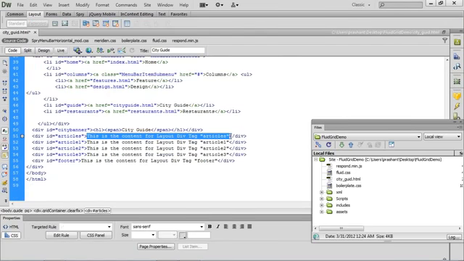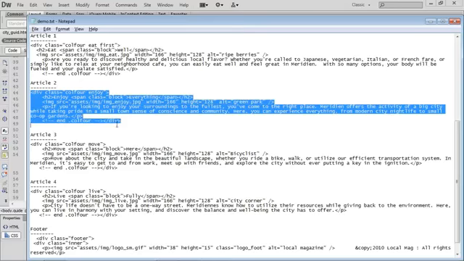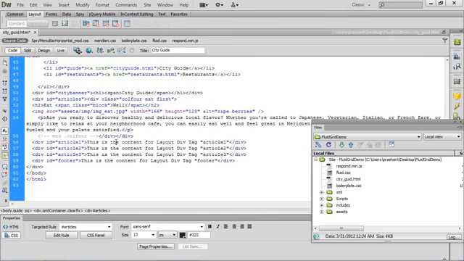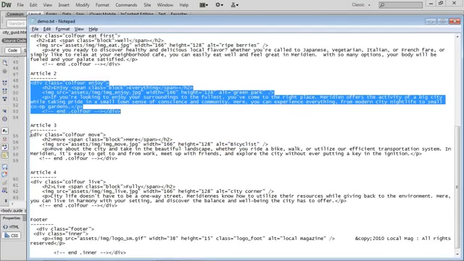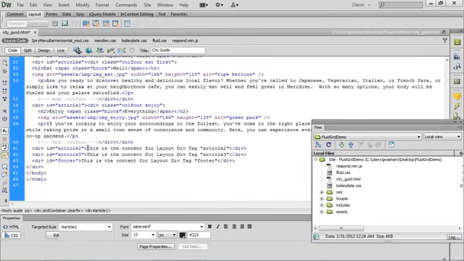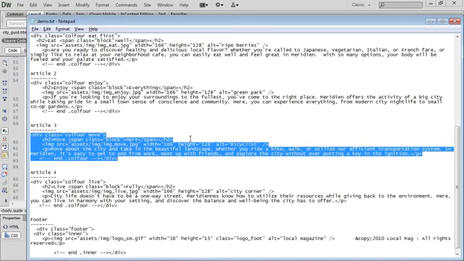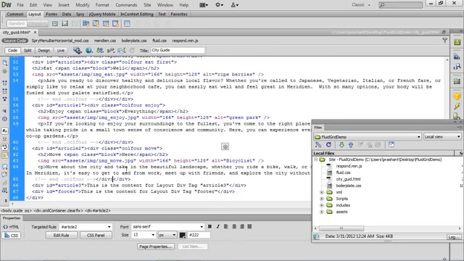The first one. The second one. And now last article.